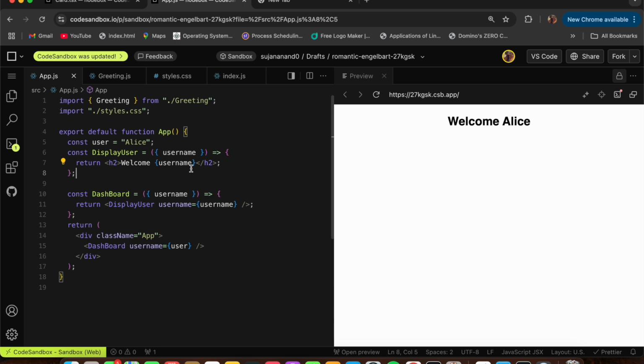The next one is difficult to maintain. If a new component is introduced between your app and the displayUser, it also needs to receive and pass the prop. Some of the solutions to avoid prop drilling are making use of the Context API. This actually provides a global way to pass data without manually passing props. You can also use state management libraries like, let's say, Redux or Zustand for managing the global